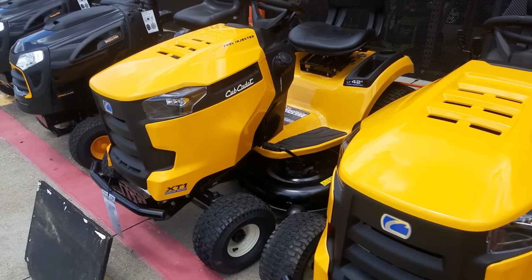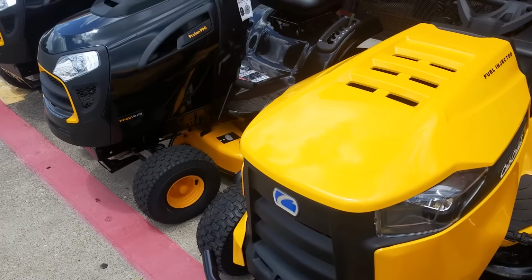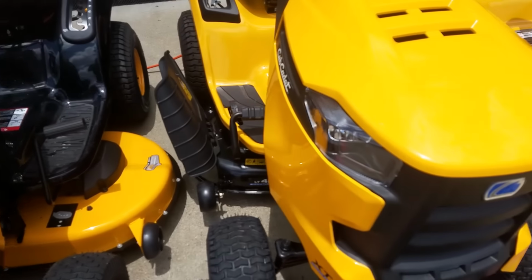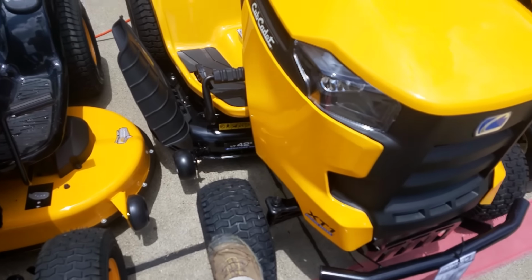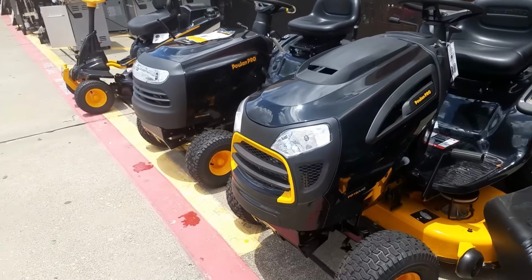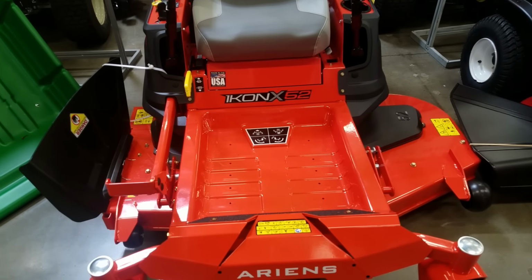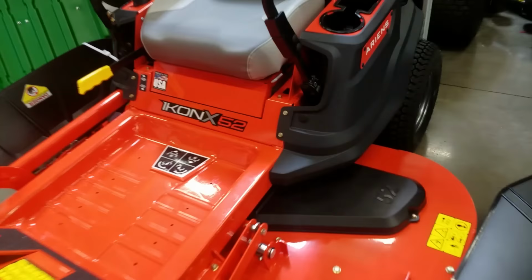So plastic Cub Cadets with just weak thin gauge metal for $1,700. Flap the wheels around on them. It's insanity. So here's the Aaron's Icon 52 sitting right next to a Toro, and I want you to look